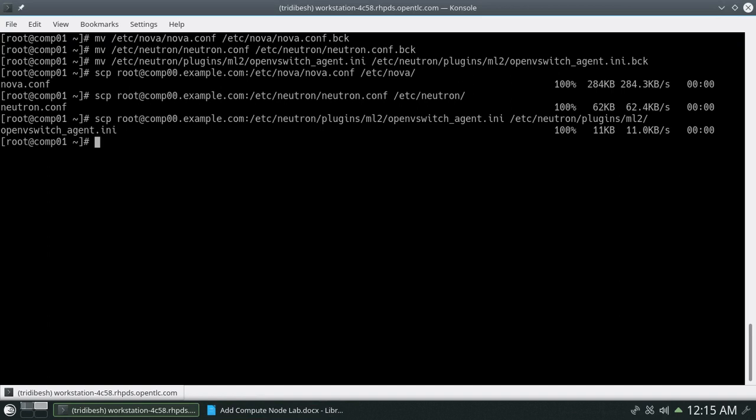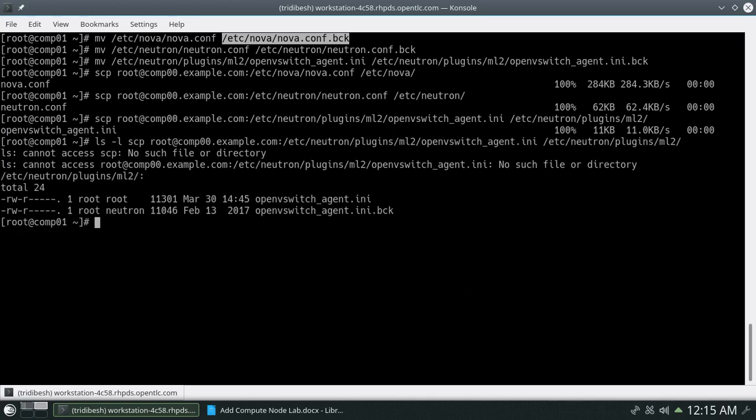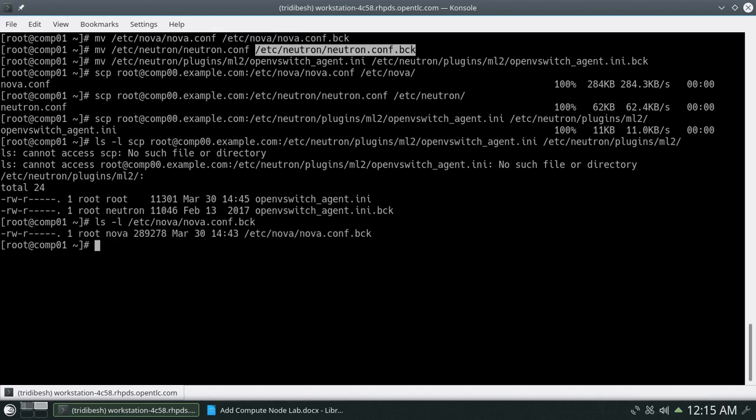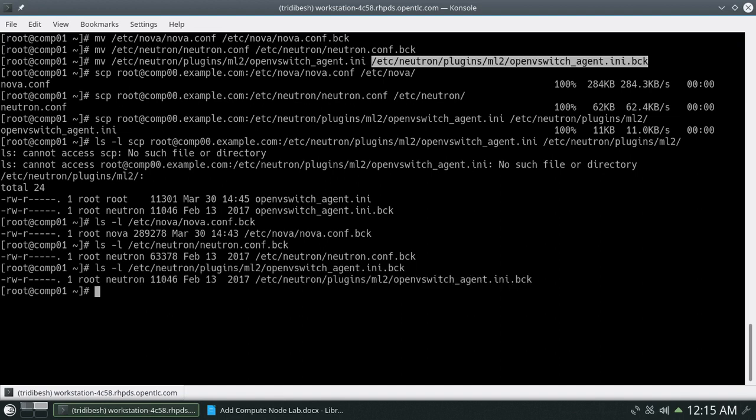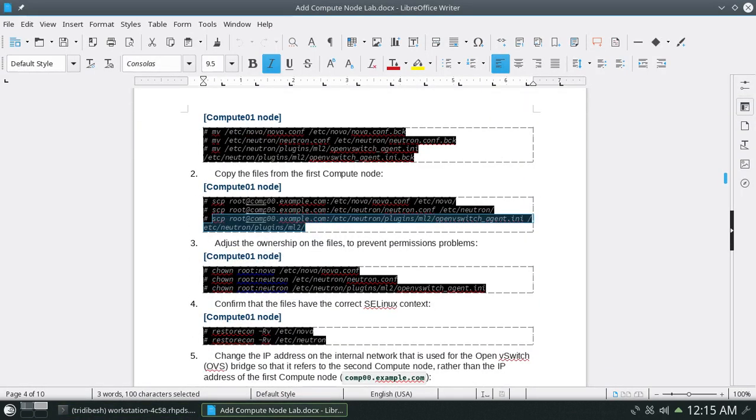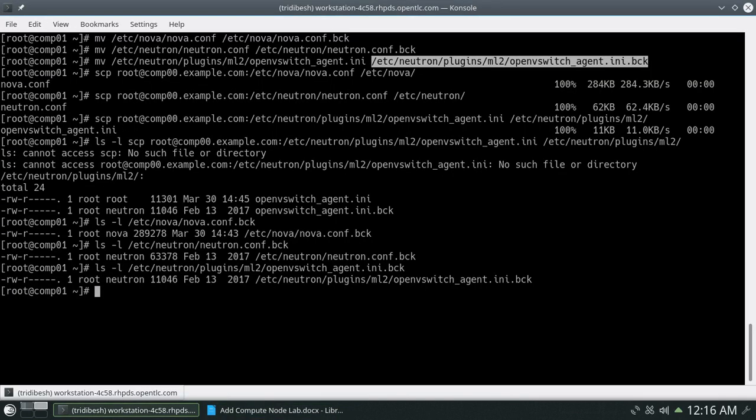Once you copy these files, you need to verify the permissions. If you see the old files, Nova was with root and Nova, whereas Neutron is with root and Neutron, and Open vSwitch is also with root and Neutron. So let's do that. Nova is done.